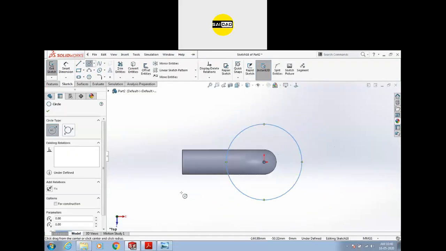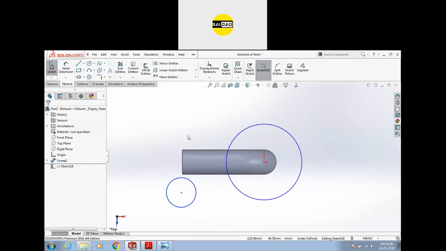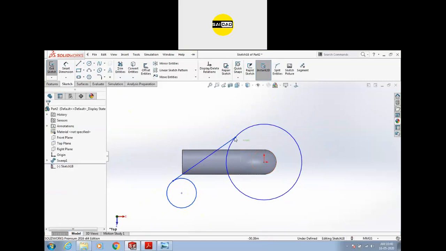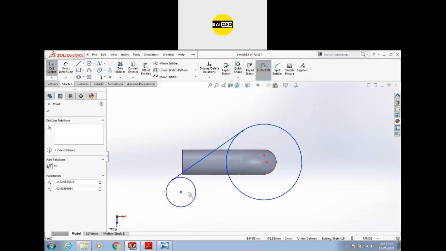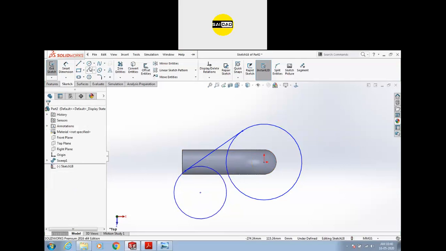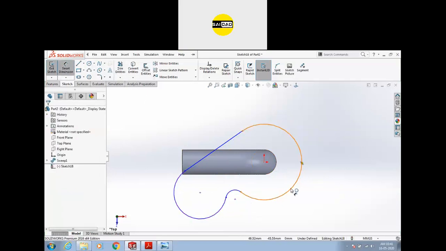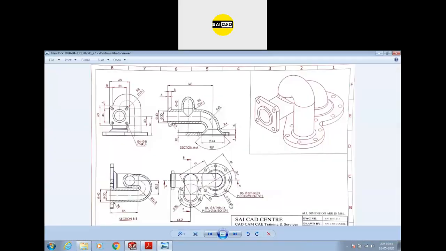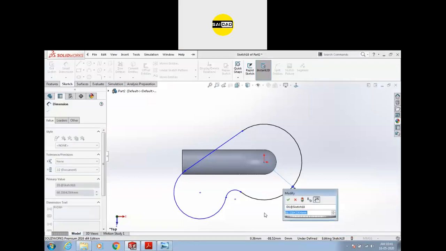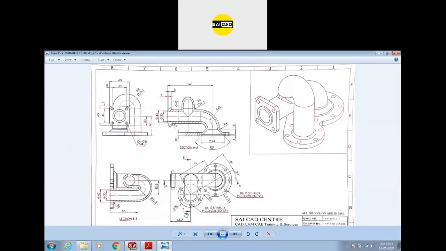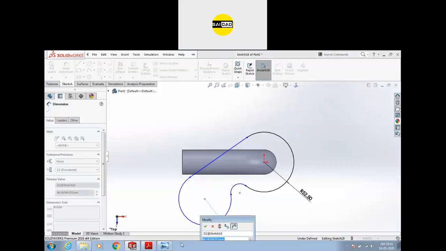We have two circles, both connected with a line tangent. So the tangent defined like this, and both are connected with an arc. So we're going to connect them with a circle and the tangent here, and print the entities like that. Now we have dia 105, so 105 divided by 2, and we have here 80 dia, so it will be 40 radius.